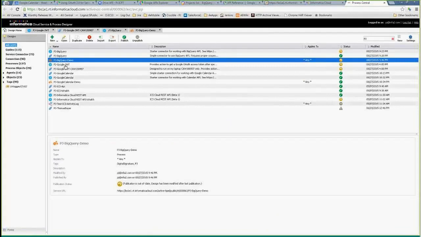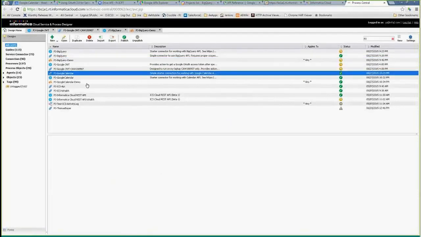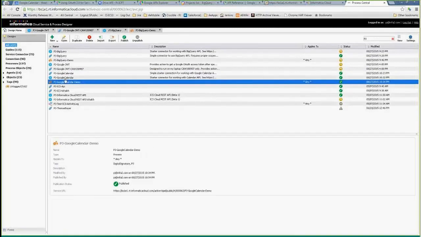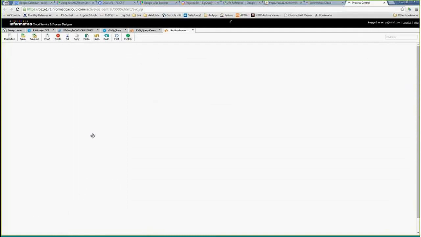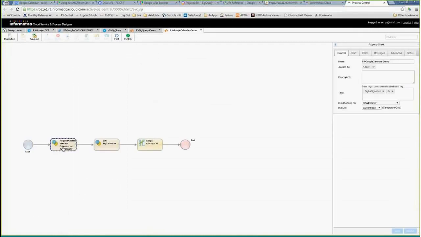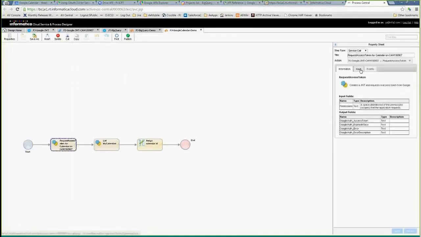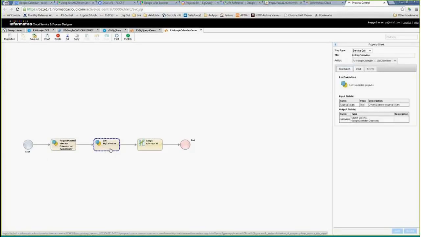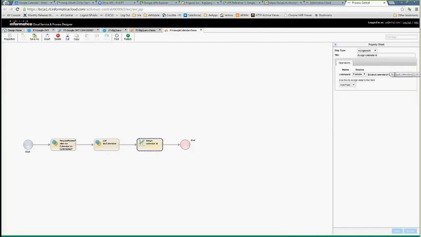There's another one here. You could see that I'm just using the calendar here, just a list, I think, calendar entries. In the calendar one, similar. So all I'm doing is I'm saying, same pattern I'm using, request to get an access token, but in this case, my scopes are slightly different because it's a calendar-based token. Then I call list calendar. It's a simple GET request that returns a list of calendars, and then I'm going to get the first calendar's ID and return